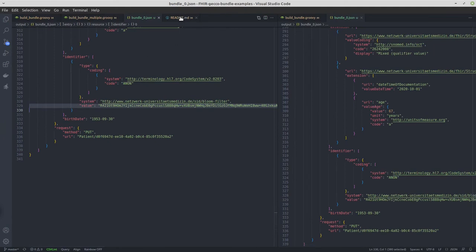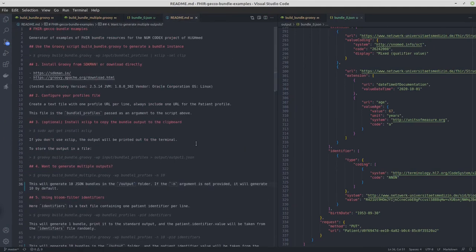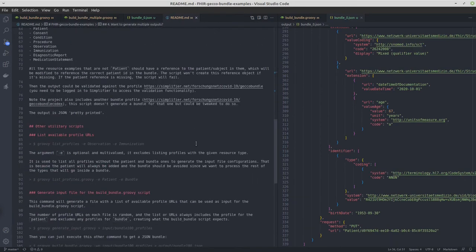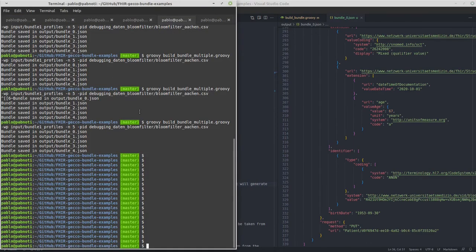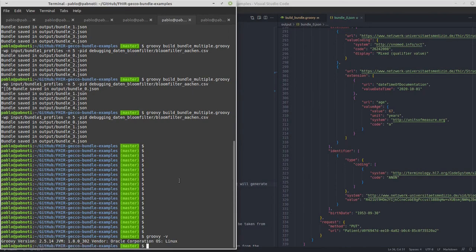Yeah, and there is a README here that allows you to see what are the steps to run these scripts. Also a little bit about Groovy. Groovy is a dynamic language for the Java virtual machine, and you can see here I have this version of Groovy, and I'm running the JDK 8 that allows me to test. This is not the last version of Groovy, and of course this is not the last version of the JDK,